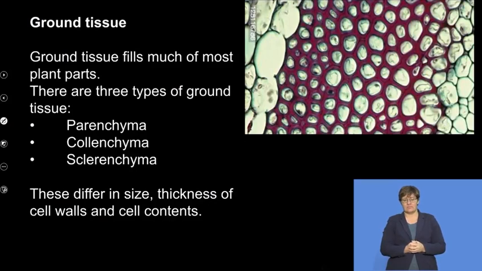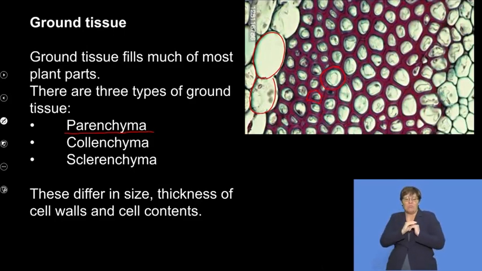This is a photograph taken under a microscope, and we can see different types of cells. We can see big cells with thin walls. We can see other cells with thick walls, and these are simply the different types of ground tissue. These big fat ones are called parenchyma cells, and these ones with the very thick walls, obviously for protection and